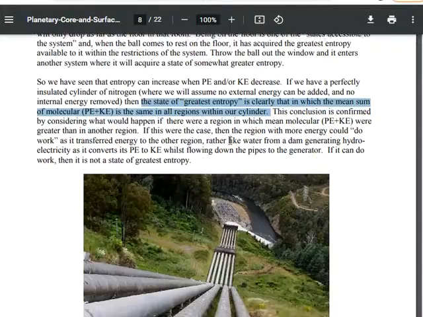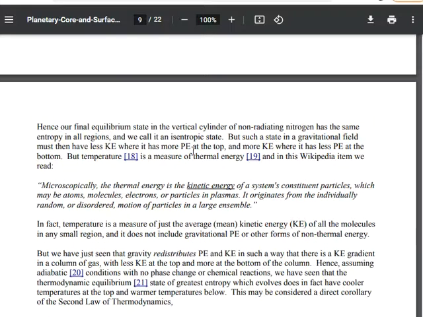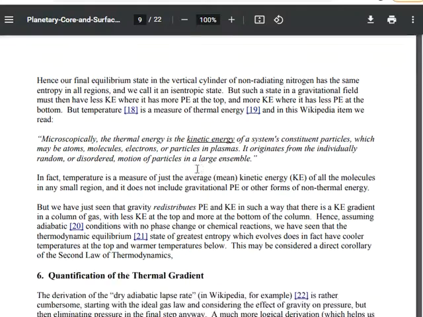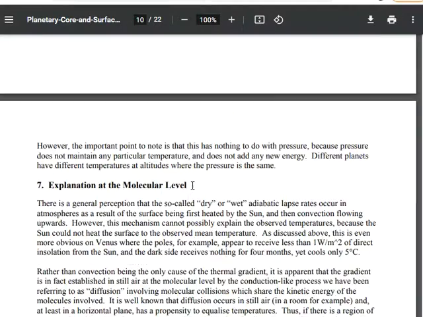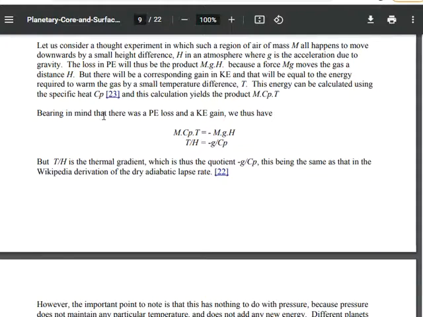So I'm actually going to skip past this because everything in section 5 is basically a description of what I have already assented to. I have no argument with it. It's pretty well reasoned. I'm going to skip forward to section 7. I already did section 6, and in section 6 I came up with my own arguments for why this was the case: that temperature divided by height is equal to g over the specific heat.